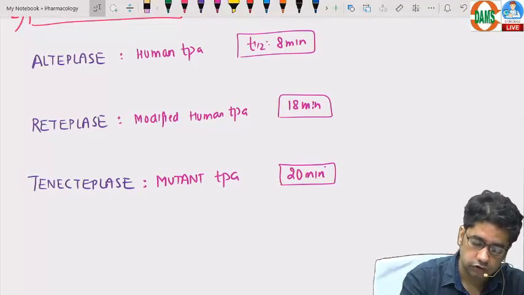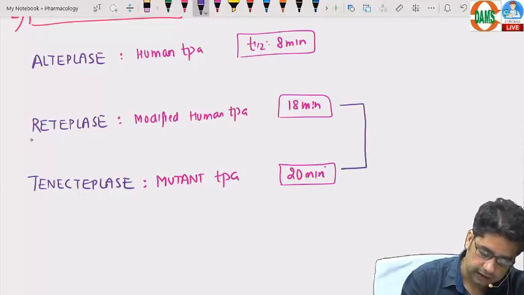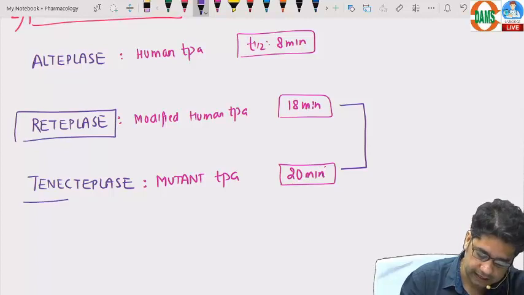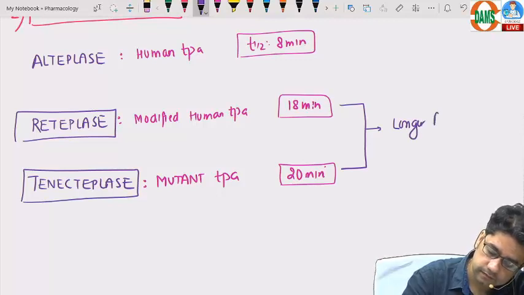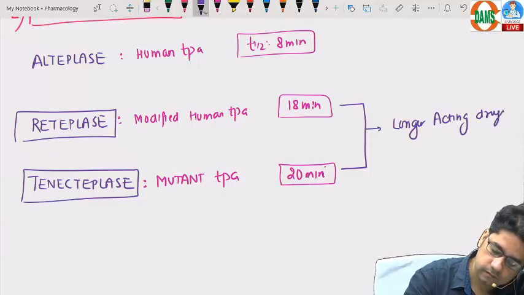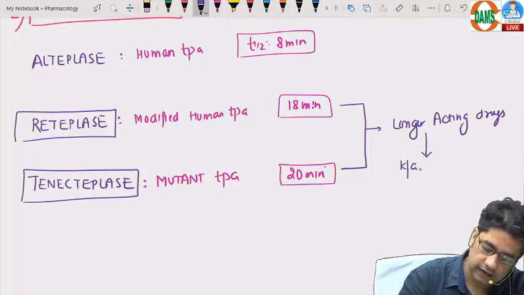Now you will write that these two drugs, reteplase and tenecteplase, are longer acting drugs. Because of this reason, they are known as,